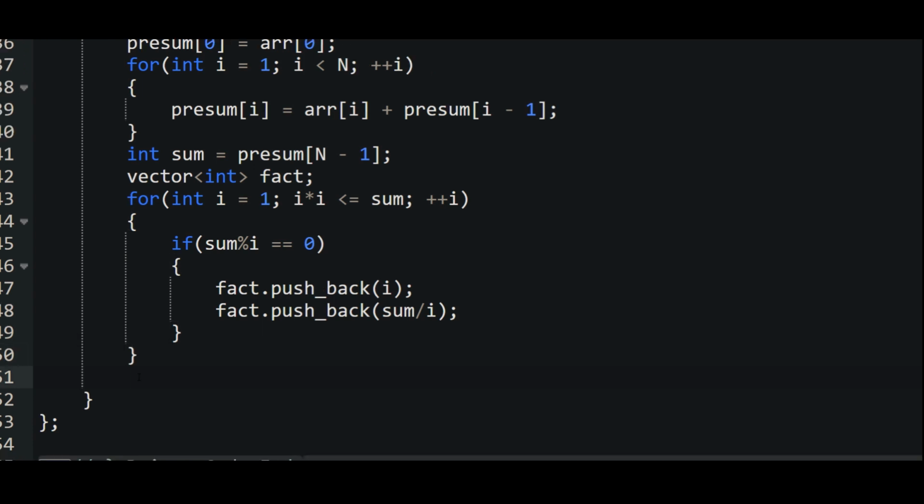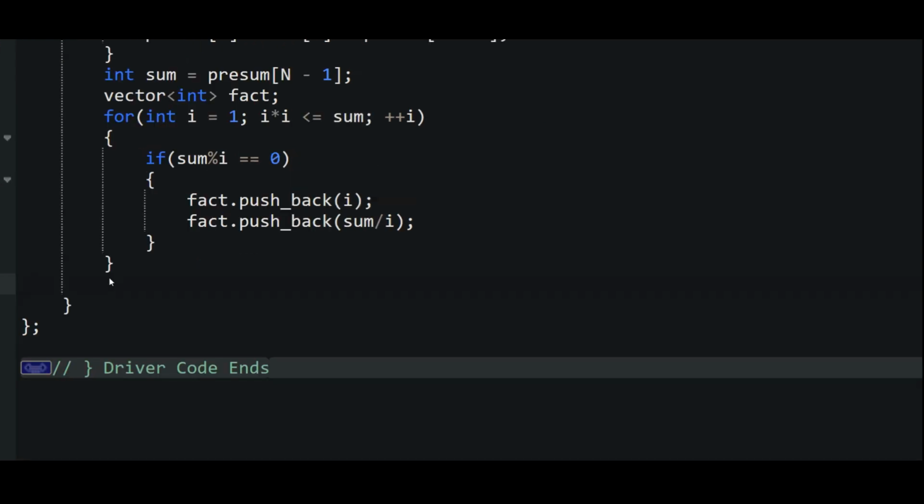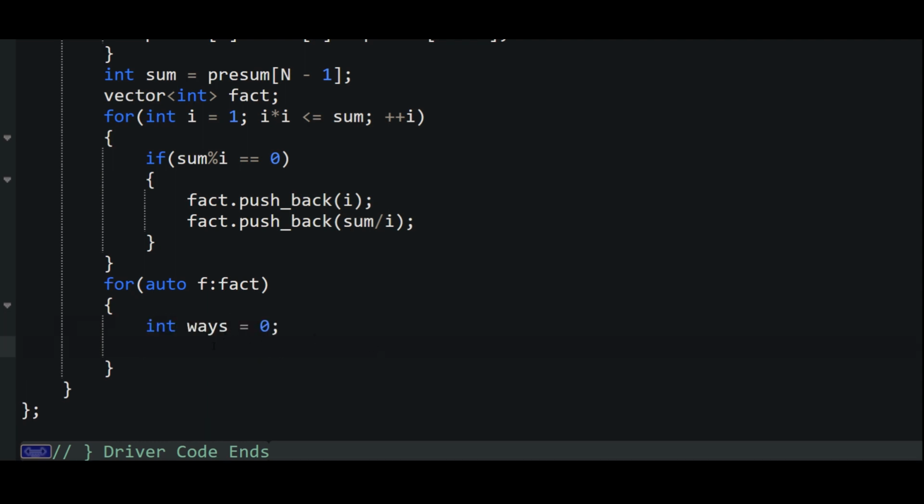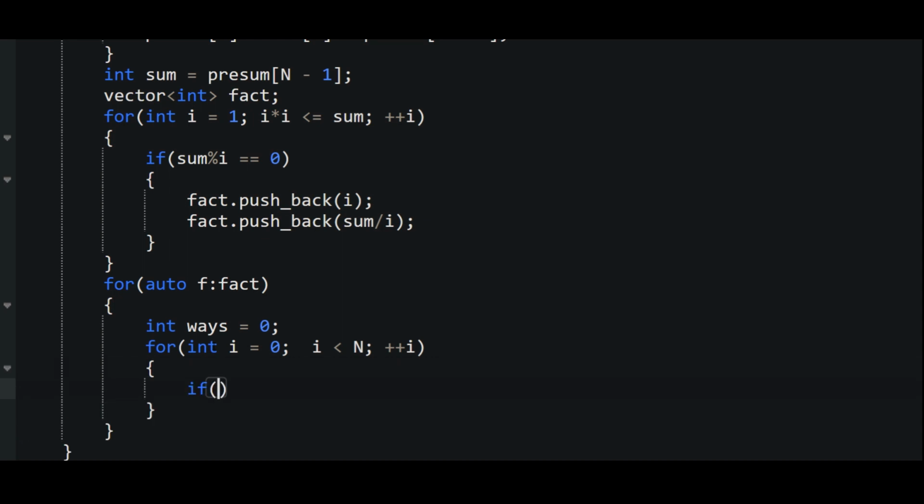So now my answer would be one of the elements of this array. Now I will iterate over it. And if I use this number as my GCD, ways will store how many ways I can divide this array. So I'll iterate over the array. If the presum is dividing